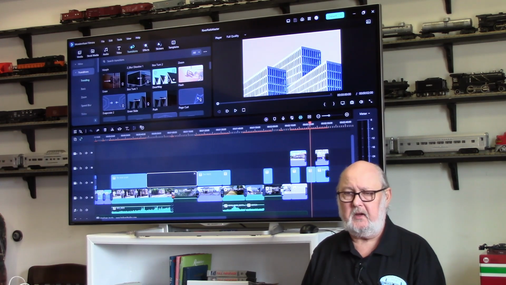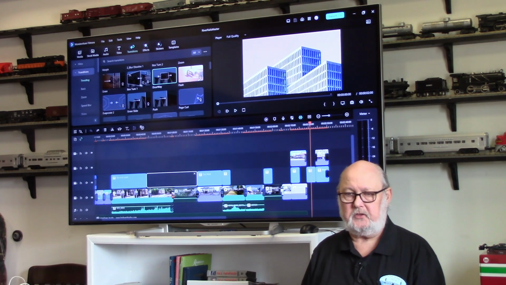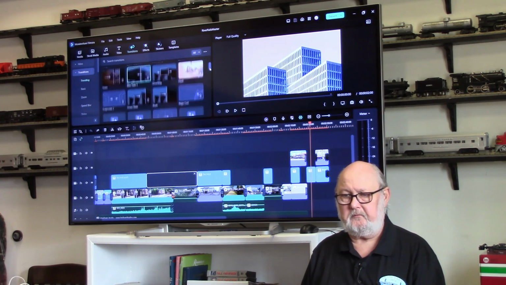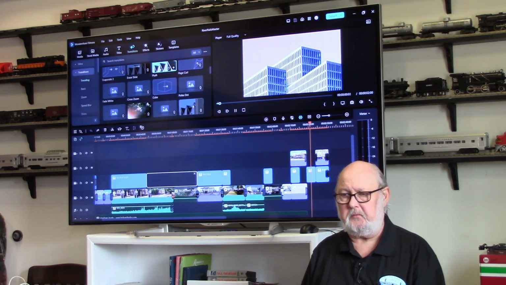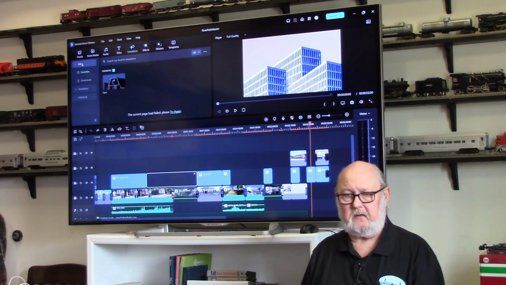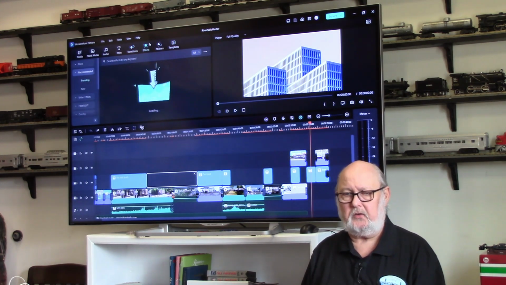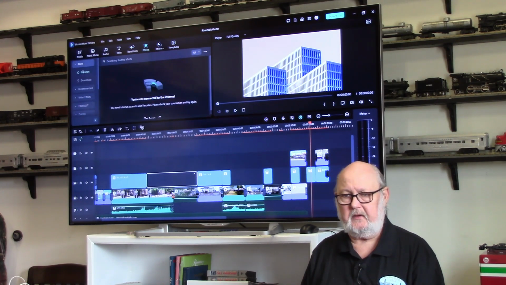So then we have transitions, and these are transitions that I've used, or I thought I used in the video. And I used a certain number of them. And they go into mine, which we just don't have right now. And we also have effects, and I don't know if we will see any effects here. Effects are things like,